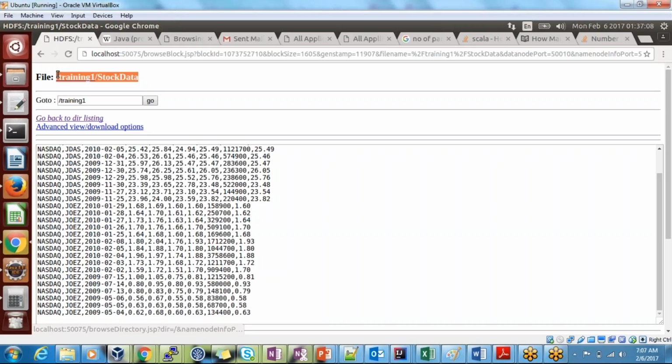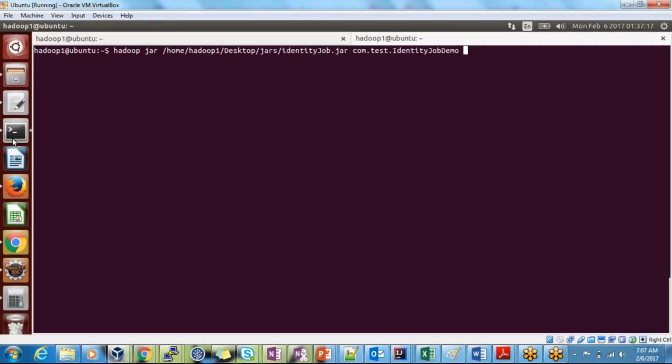I hope everyone understands the input. Input is very simple, the simple data. Now I'm giving this input to my identity mapper. So what is your identity mapper? I didn't write any logic here. You can see I didn't write any logic. Okay. I'm going to give output also